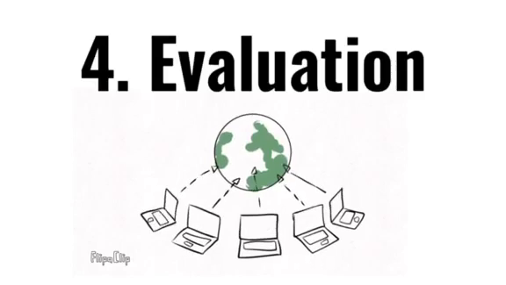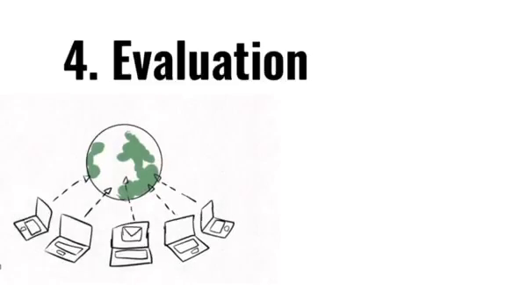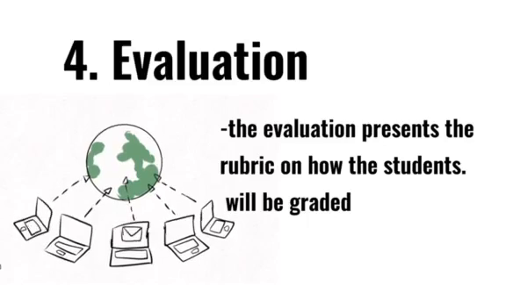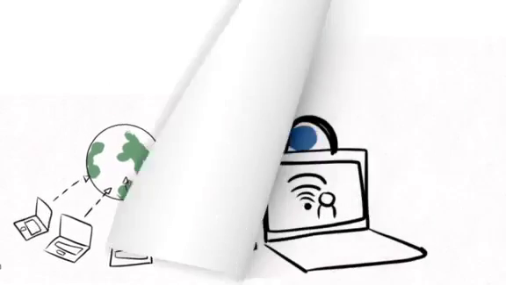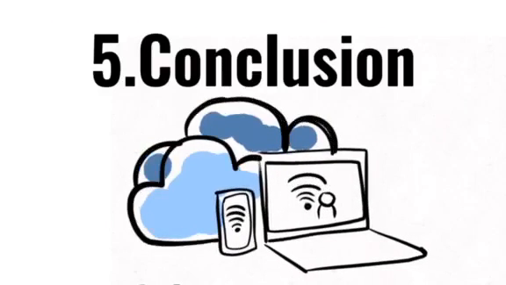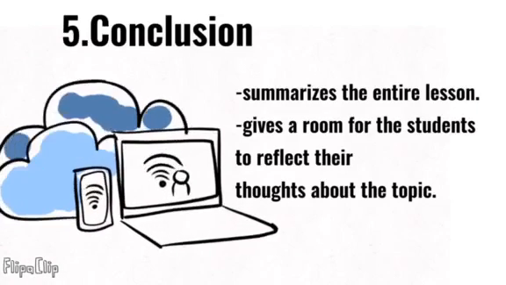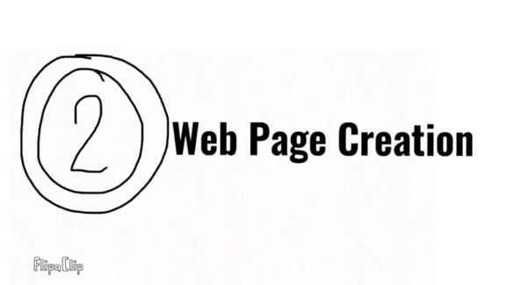Number 4. Evaluation. The evaluation presents the rubrics on how the students will be graded. Number 5. Conclusion. The conclusion summarizes the entire lesson. It also gives the students the opportunity to give reflection and thoughts about the topic. Another effective tool for construction is web page creation,